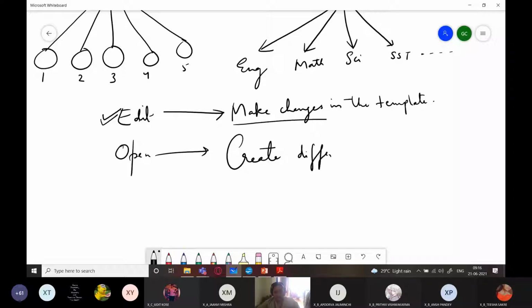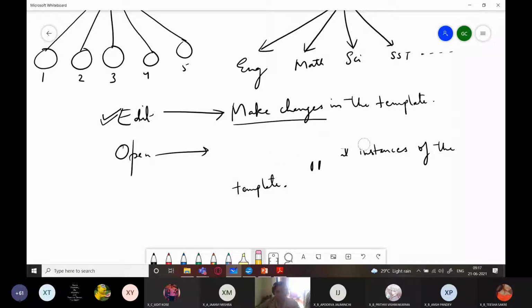different instances of the template, right? Let me reframe my sentence, you won't be able to understand it through this one. Wait.